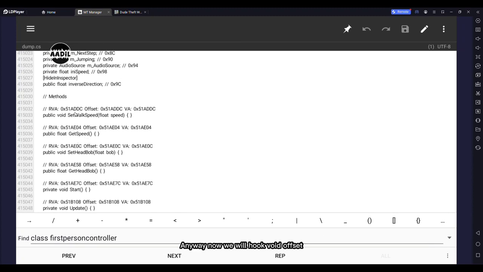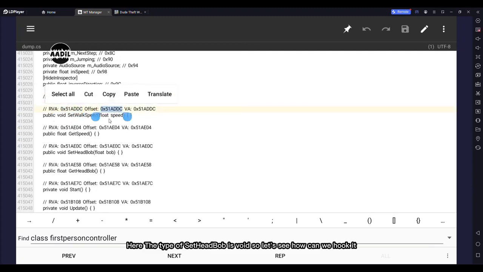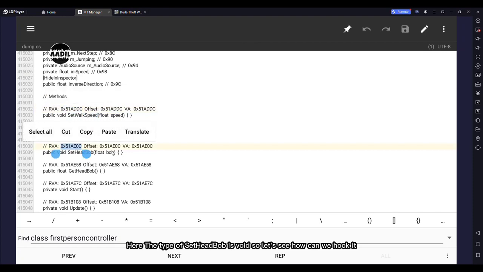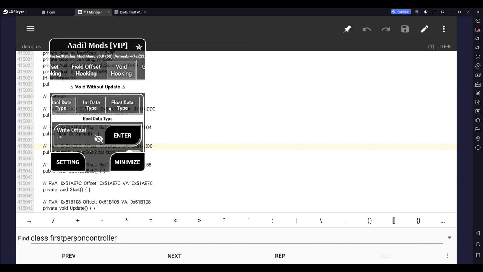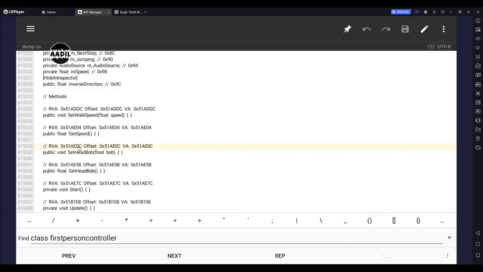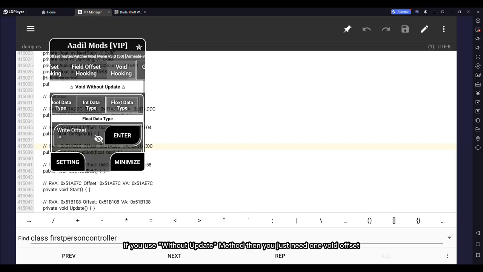Anyway, now we will hook void offset. Here the type of set bead bob is void. So let's see how we can hook it. By the way, there are two options in void hooking. One is with update and another is without update. If you use the without update method, then